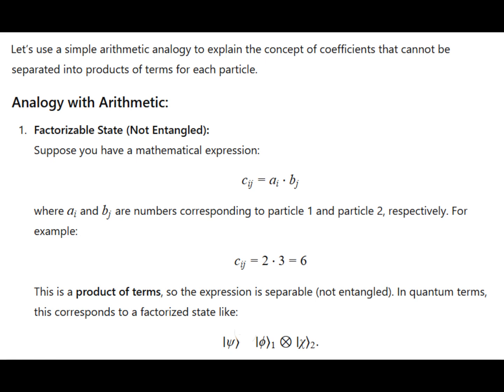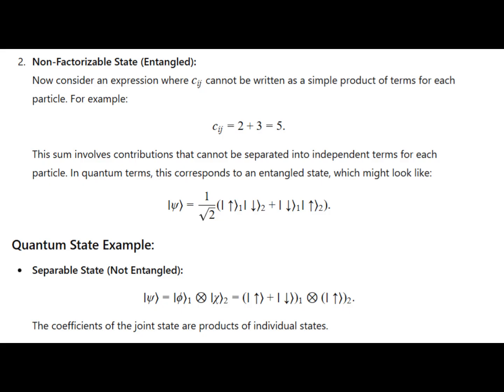In quantum terms, this corresponds to a factorized state like ket psi equals ket phi sub 1, tensor, ket chi sub 2. Non-factorizable state, entangled. Now consider an expression where C sub ij cannot be written as a simple product of terms for each particle. For example, C sub ij equals 2 plus 3 is equal to 5. This sum involves contributions that cannot be separated into independent terms for each particle. In quantum terms, this corresponds to an entangled state, which might look like